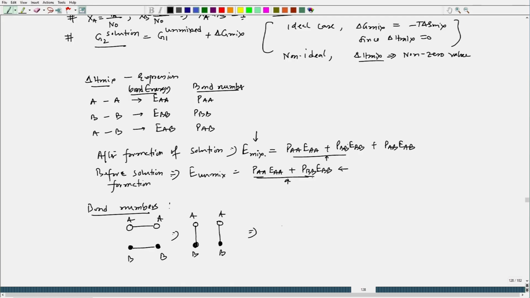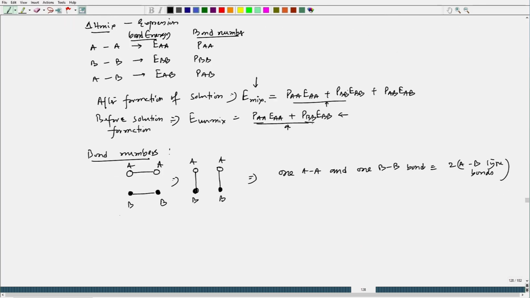So, it means that 1 AA type and 1 BB type bonds is equivalent to 2 AB type bonds. Now, another part, let us say I have a crystal situation like this, one A atom. Let us say if I talk about A atom,